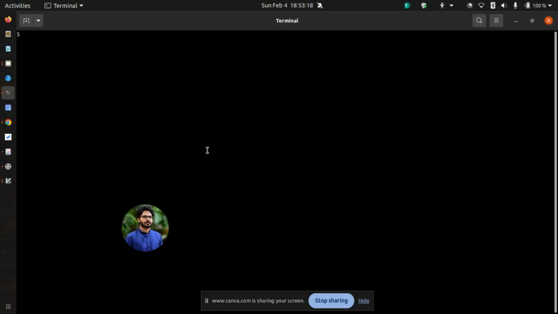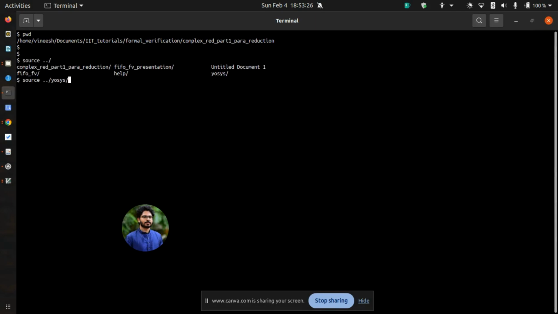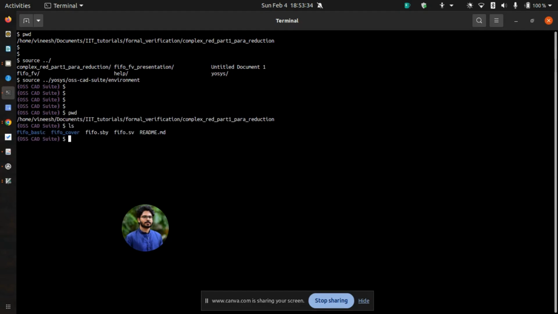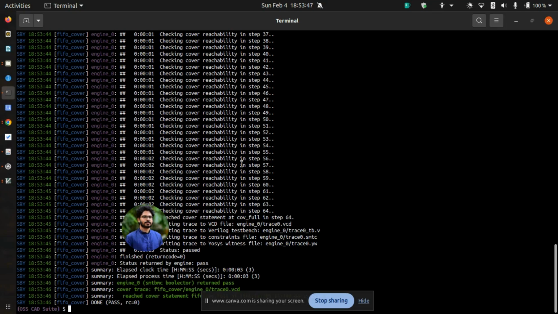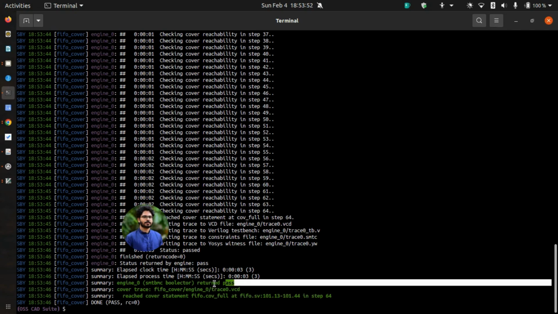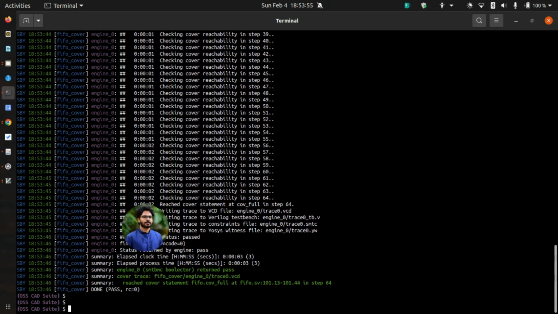Let's open a terminal from here. From here, let's go to the OSS CAD suite environment. That's how I do it. If you do this, you are in the OSS CAD suite environment, and as you see, you have the .sby file here, which can be called like this. You can see that the cover took some time to reach pass. Let's see the cover trace